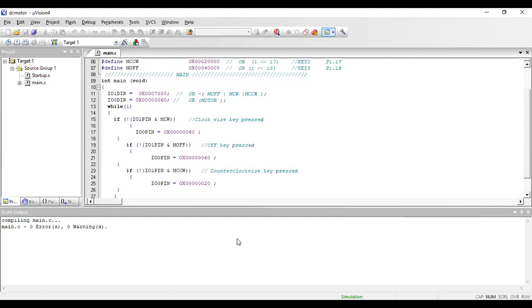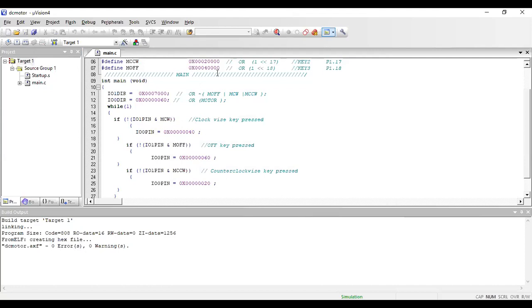After performing this, we are supposed to go to FlashMagic and execute our exa file, whatever has been created. How will you get to know the exa file is created? You try to build a particular code. After you build, it will specify that the exa file has been created. That means the exa file will be created for this particular program, whatever we are executing. Select that exa file for the execution of the hardware program.